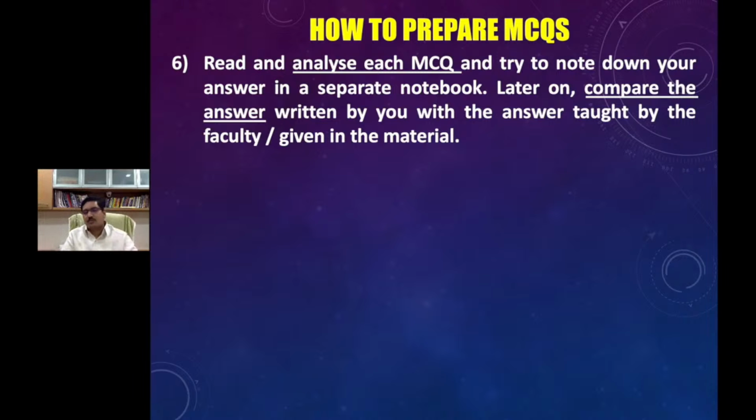So, you read question number 1. In your opinion, answer is option C. Write it down in a notebook. So, read question number 2. In your opinion, right answer is option A. Write it down in the notebook. Read question number 3. In your opinion, right answer is option D. Write it down in the notebook. In that manner, you try to write down the answers for all the MCQs in the chapter in a separate notebook. After completion of writing answers to all the MCQs, now open the key provided by us and compare with